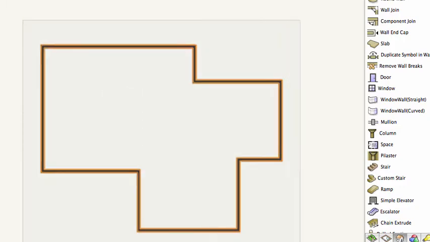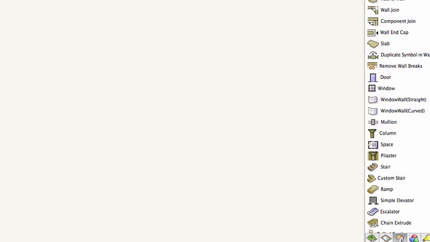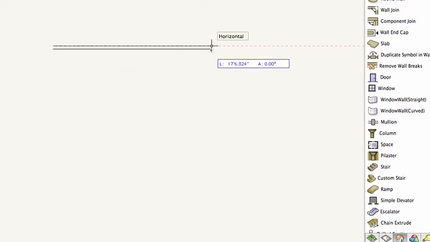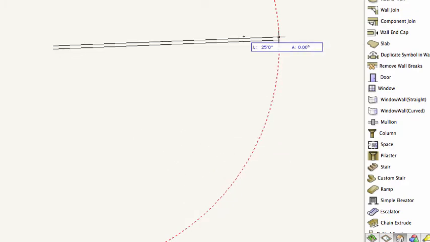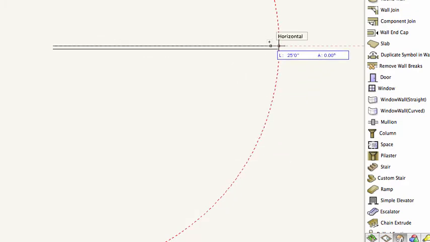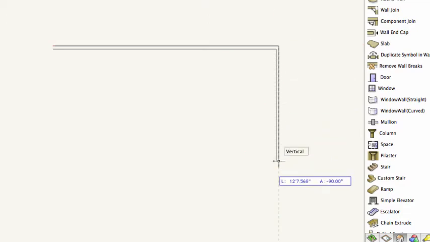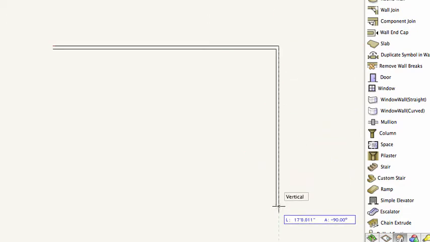Now, I wasn't putting any dimensions in there, but I can very simply click, okay, and now hit the tab key, put in 25 feet, and it will put a 25-foot wall anywhere along that radius. I want to make sure that the angle is at 0. Click, come down. What are we? We're 20 foot 6 inches, so I'm going to go